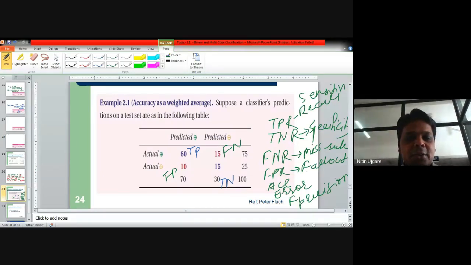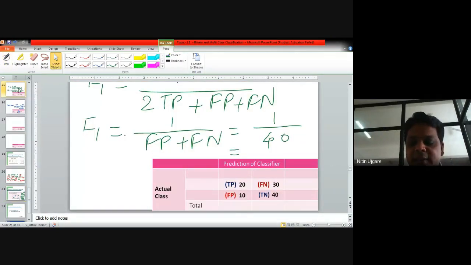This confusion matrix, or assessing the performance of a binary class classifier, is very important from the exam perspective. If you go through the last question papers, in the same or in the end-semester question papers, you will find at least one question on this confusion matrix, which is used to assess the performance of your classifier. So meanwhile, while you find the answer, I'll go back and tell you how we can analyze the performance of this classifier for this confusion matrix.